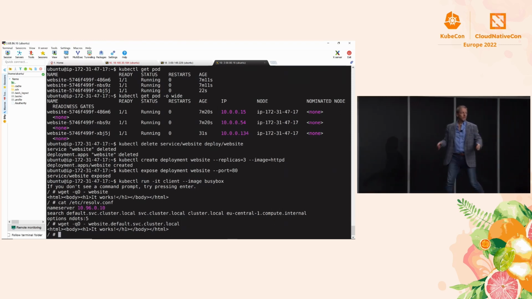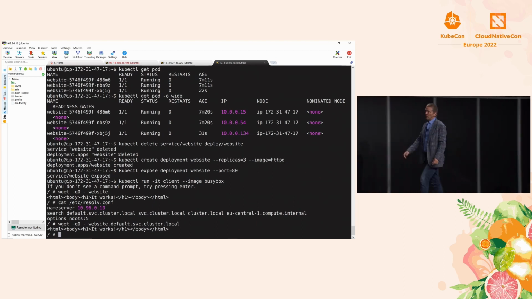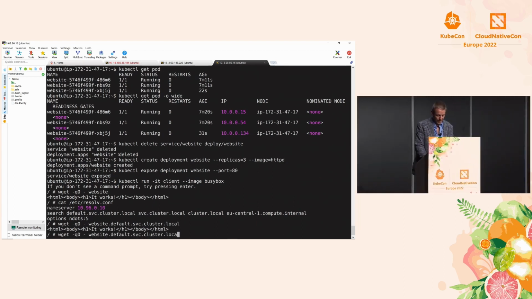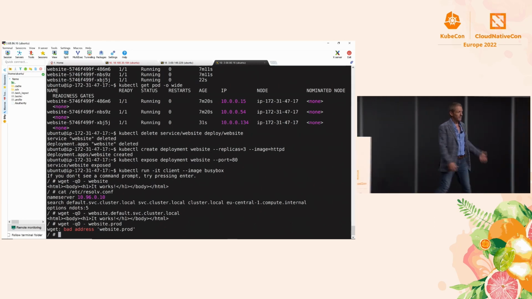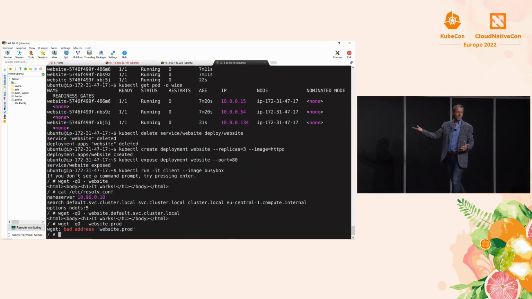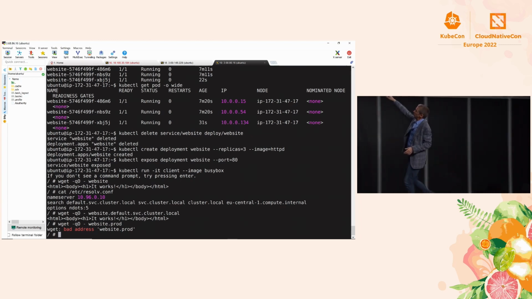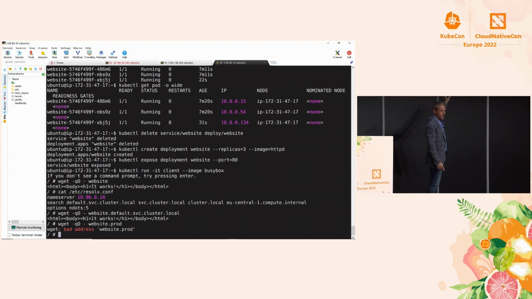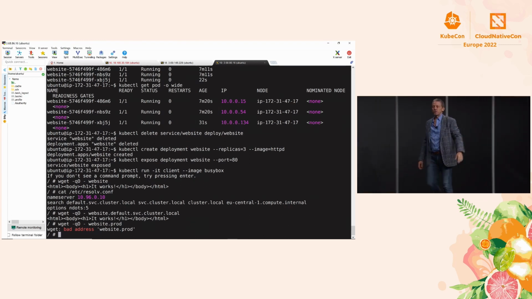It won't conflict with website services in other namespaces. What if I want to get to a website service in another namespace? Well, you can. You can simply say website.prod, let's say. Now, that's not going to work because I don't have a prod namespace, but you can see it doesn't work. It would have worked if it was in default, but you said go look in prod, and there isn't one there. And so notice that this guy was resolving with service.cluster.local, the second search suffix. And then we have cluster.local, and then whatever gets inherited from the host machines.